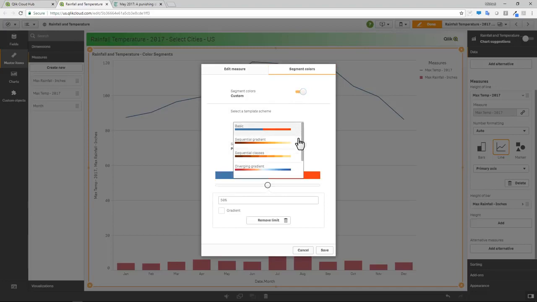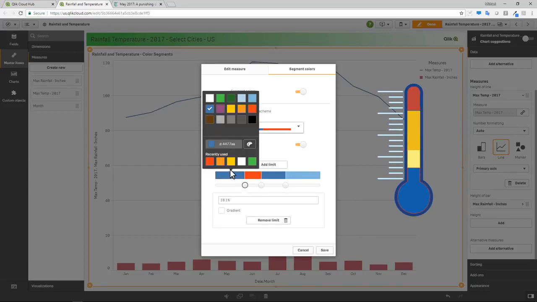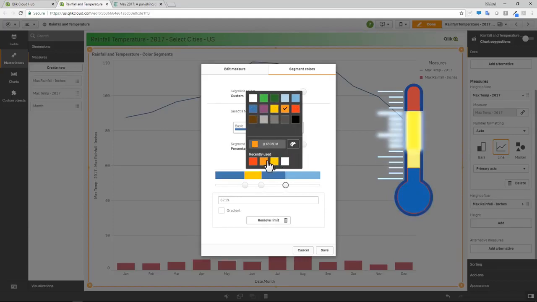And then I'm going to turn segment colors on, and then we have a variety of templates you can choose, gradients and classes. I'm going to choose the basic template and then add my own segments. So I'm going to add a couple of segments. Let's imagine I want the bars to display from cooler temperatures to warmer temperatures. And what I'll do is maybe we'll use blue to indicate a cool temperature, and then yellow,